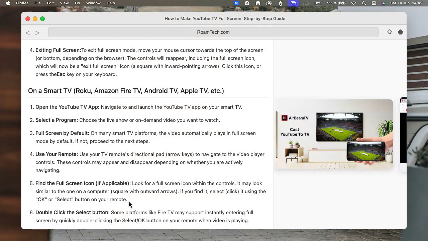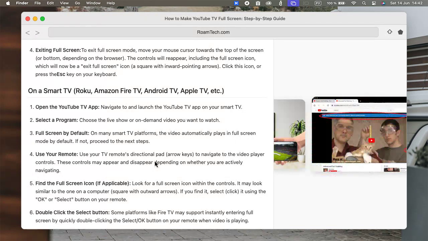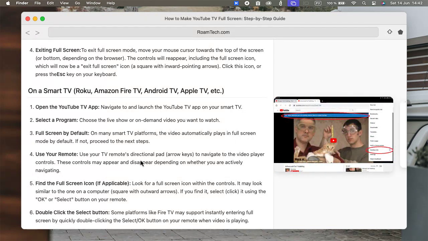In this video, we'll walk you through making YouTube TV full screen on your computer, your smart TV using the app, and even on your mobile devices like your phone or tablet. We'll cover all the bases, so no matter how you're watching, you'll be able to enjoy the full, uninterrupted viewing